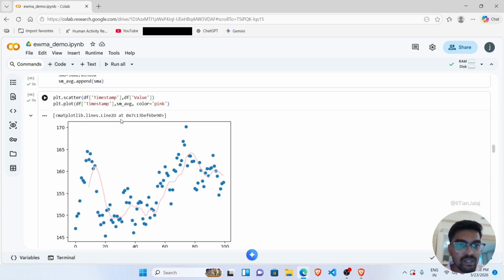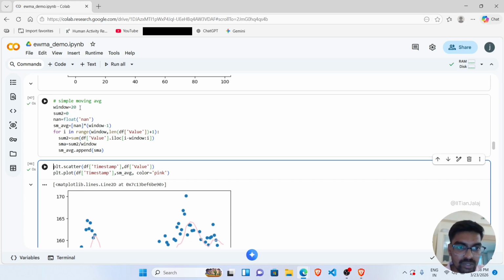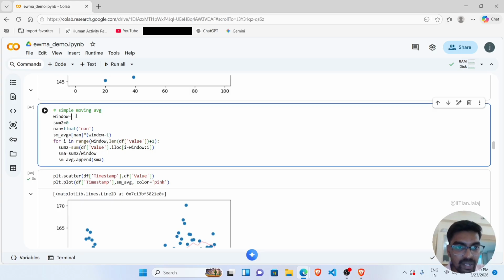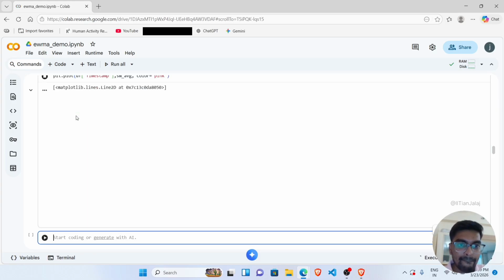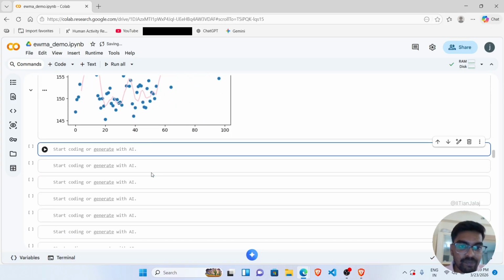Okay, so let's move it back to window size 5. Suppose if I increase more, say window size 20, now let's see, it is going more and more smoother. Okay, so I will decrease it again back to 5, and now this is following our data points. Okay, so now let's move to weighted